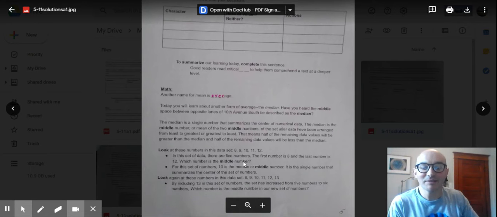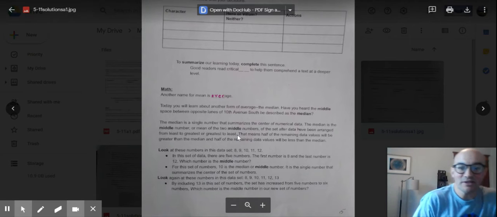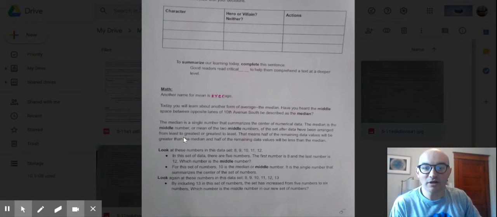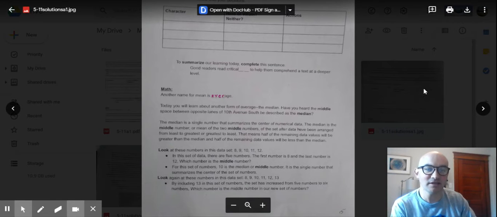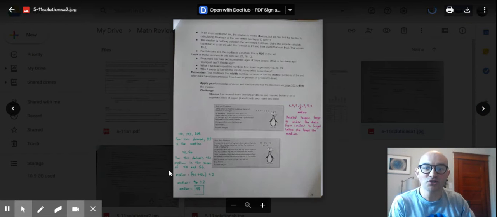Welcome. The big important thing about the median is that we order the numbers from smallest to largest, and then we find the middle number. And that's really all the median is. Sometimes there's a small calculation we have to do, but ordinarily it's the middle number in our data set. So pretty straightforward. Okay, I'm going to take you to the next page where I show the